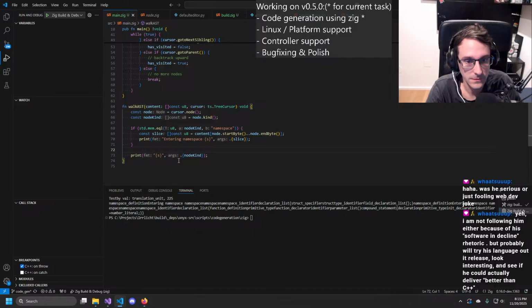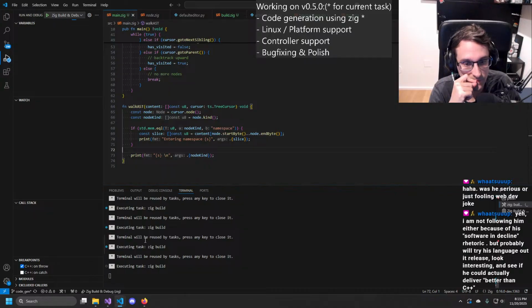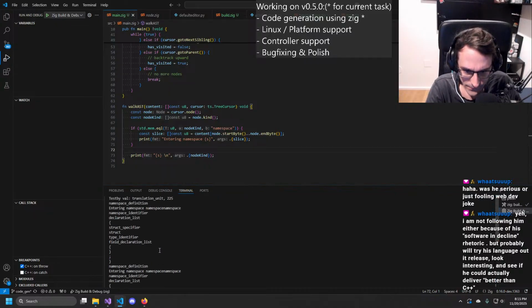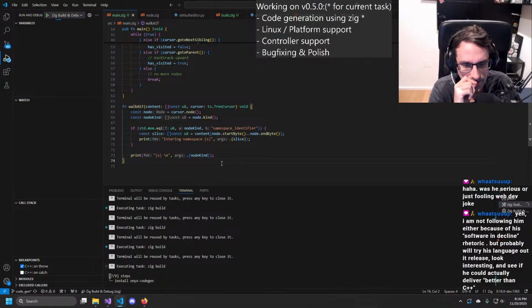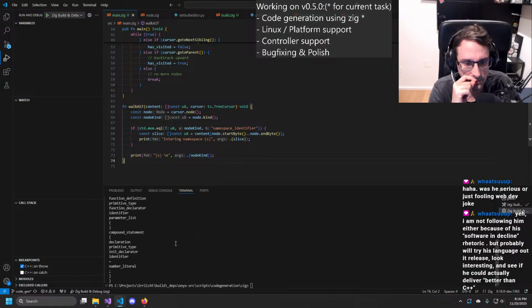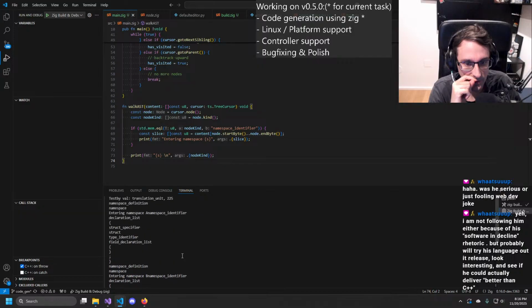Okay. Yeah, no, it's not namespace. It's maybe namespace identifier that I want. Okay, yeah, I think I want namespace, and then probably I want to get